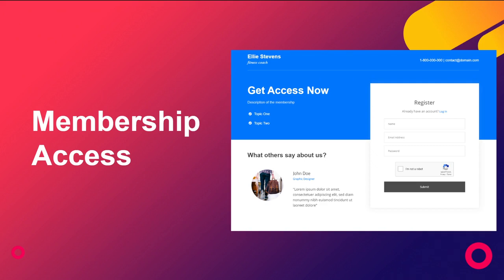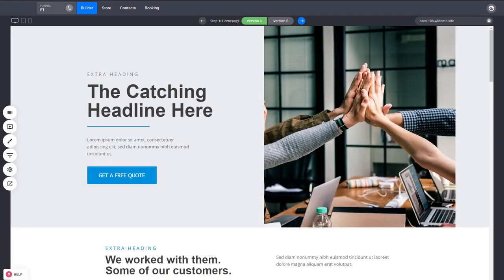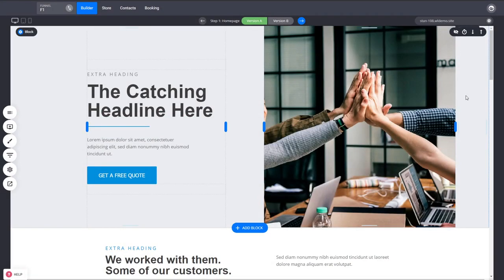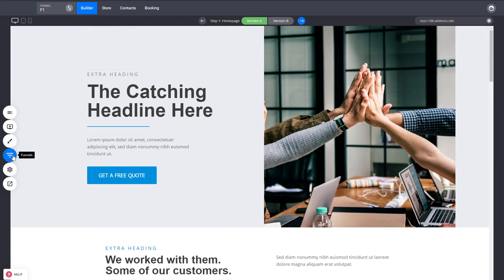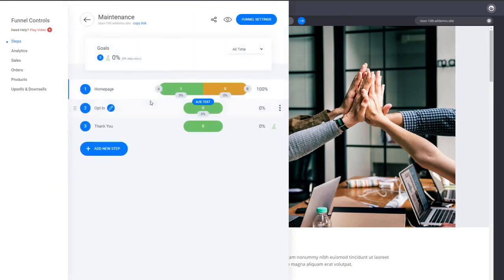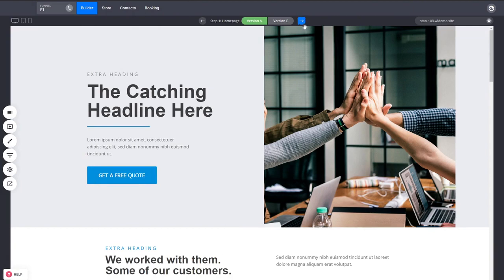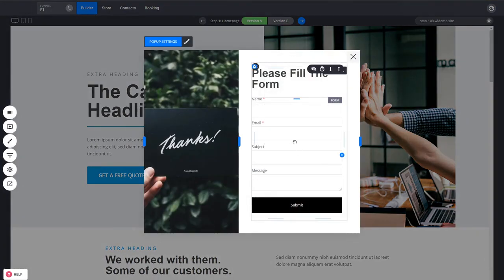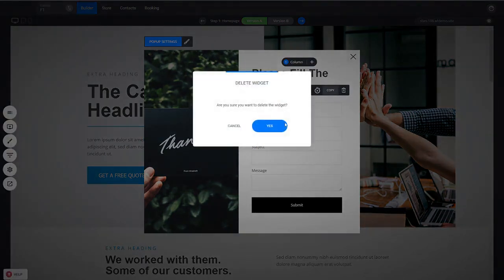So let's dive into it, and let's transform this funnel that we did in our previous video, the normal funnel for submitting a form to collect information for follow up afterwards. So we have our funnel with the home page, and we have an opt-in and a thank you page. Again, as with the other funnels, we're just changing the opt-in step. So in the previous funnel, like this one, we have the form, and in this new one,